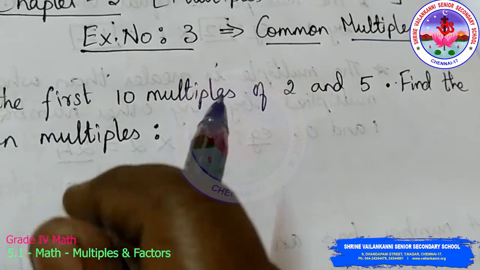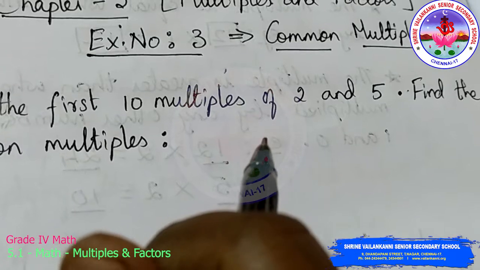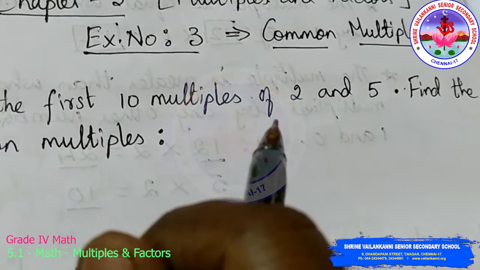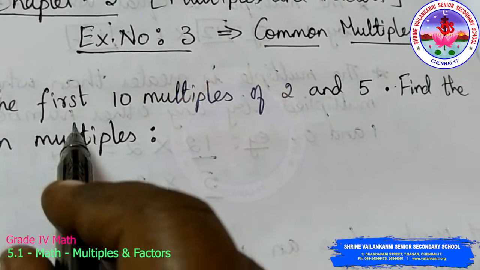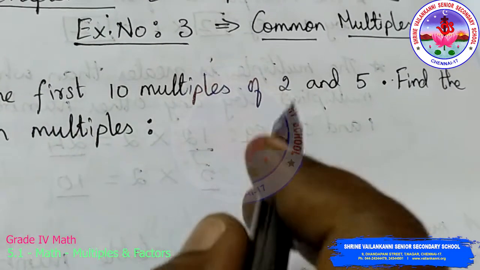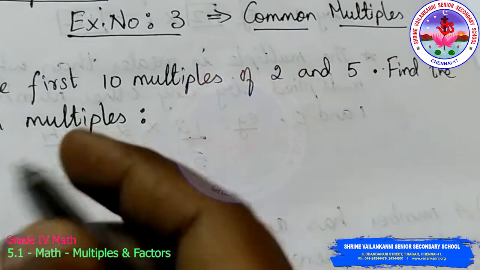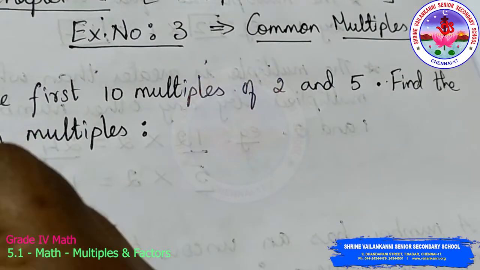So here I have told you we can find an uncountable number of multiples for any number. So the question being asked is to find the first 10 multiples alone. Okay, more than 10 we don't want to find. So we are going to start with the